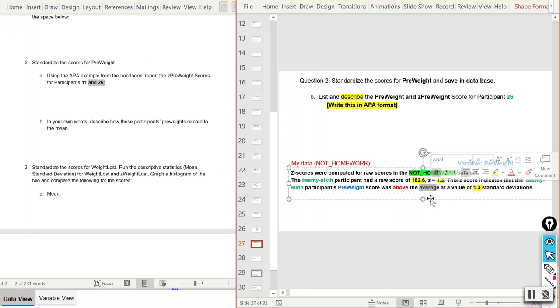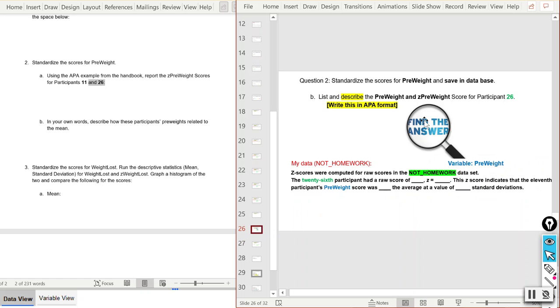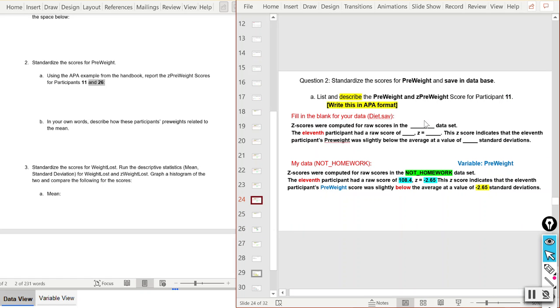So you can say participant number 26 was 1.3 standard deviations above the mean, and participant number 11 was negative 2.65 standard deviations away from the mean, to the left of the mean. So if we were to put some direction in this too, and I think that would be important if we put direction to this,